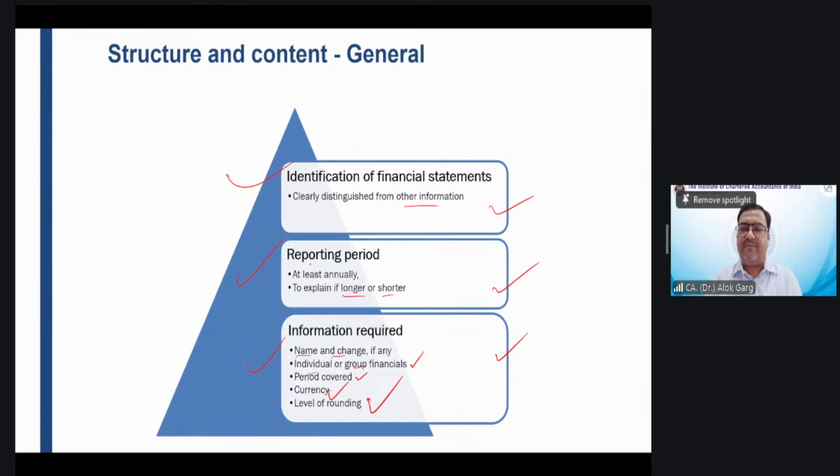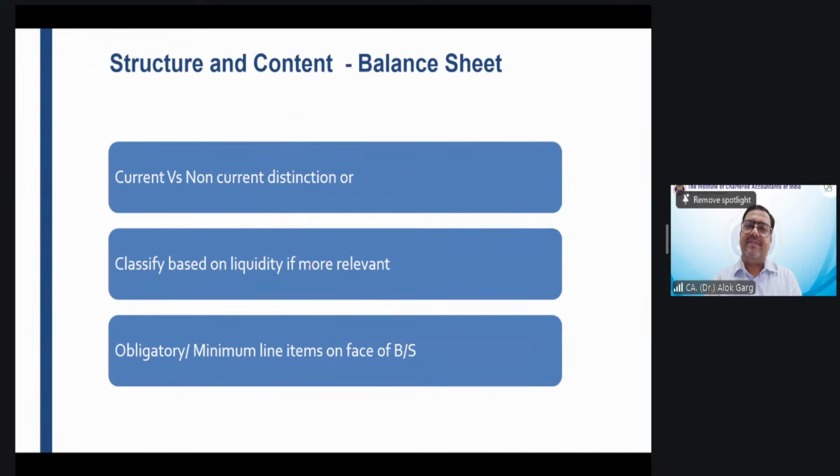Shall I move further? Okay. Now, friends, we'll discuss one by one the components of the financial statement. How many components of the financial statements are there? 5. Very good. Balance sheet, P&L, cash flow, statement of changes in equity, and notes to accounts. While in the complete set of financial statements under Ind AS 1, the comparative information is also given. That is an information. That is not a component.